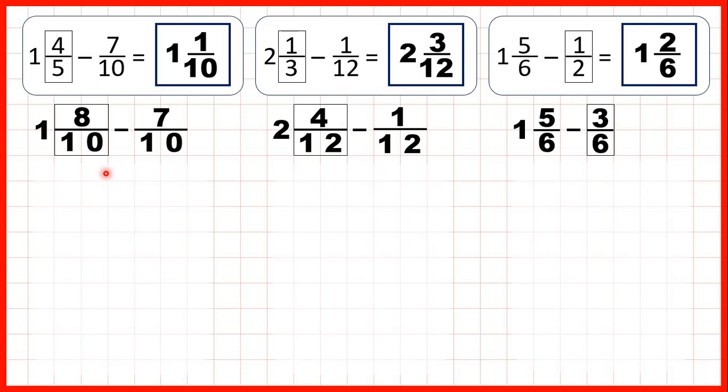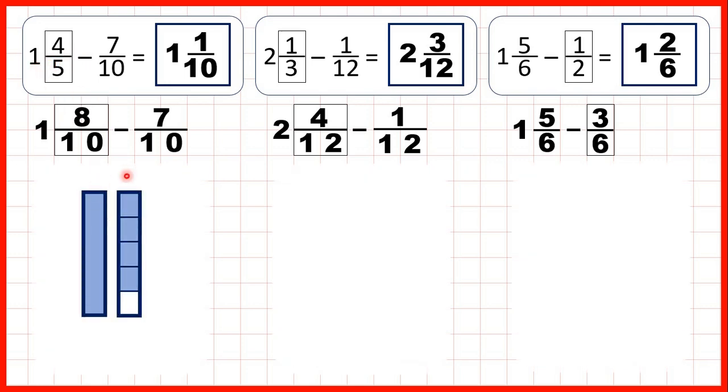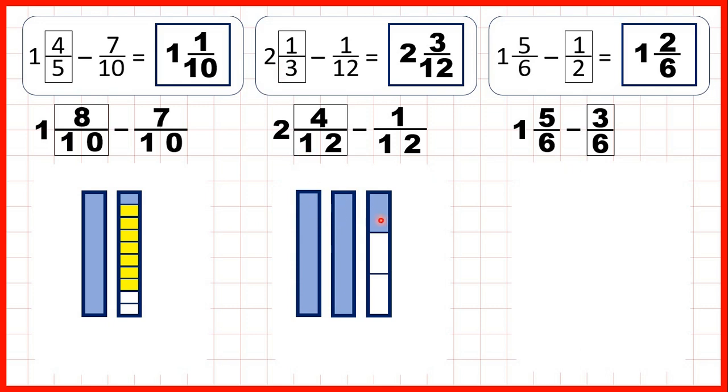So let's see what we did here. For this first question, we started with 1 4/5, but we needed to subtract 7/10. So we changed those 4/5 into 8/10, and then we could subtract 7/10 to leave 1 whole and 1/10. Then we had 2 1/3, but we needed to subtract 1/12. So we changed that third into 4/12, and when we subtracted 1, that left us with 2 wholes and 3/12